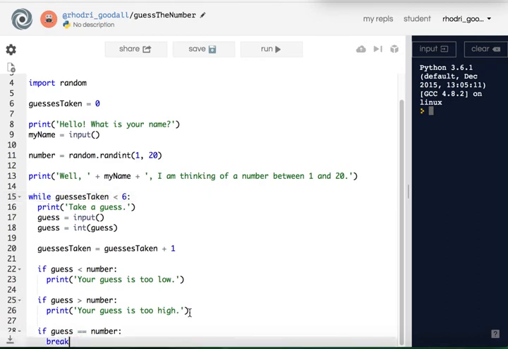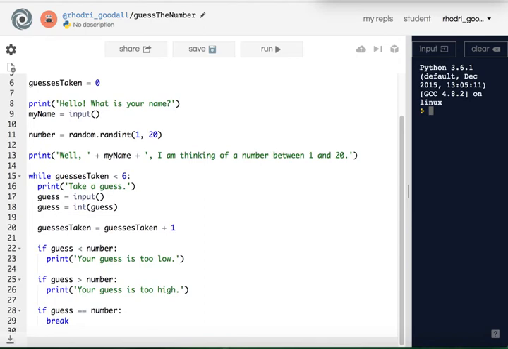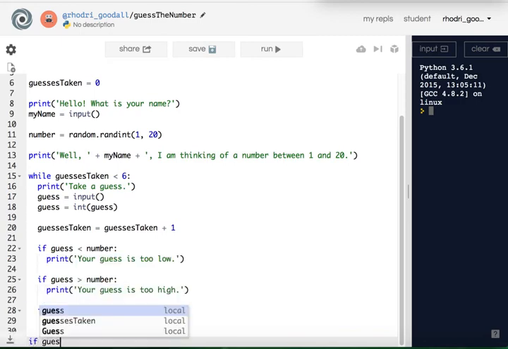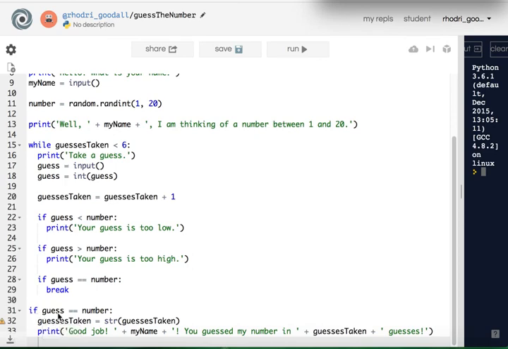So the next bit of code here, notice I'm in line right now with the while loop, so I'm going to hit backspace to be outside the while loop for my logic when we're done with the while loop. I'm going to check to see if we're right, so we're going to say if guess is equal to number. Okay, I jumped ahead here. We just said if guess is equal to number, we're going to take our guesses taken, which was an integer, how many guesses we took. We're going to turn it into a string, and then we're going to print out a message saying, good job, whatever their name is. You guessed my number in so many guesses taken,